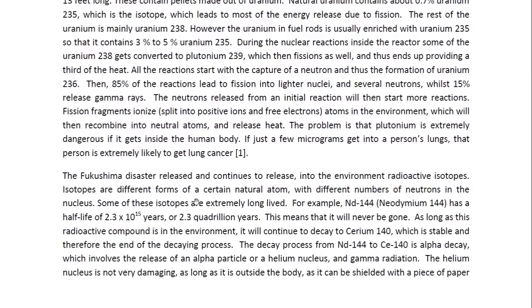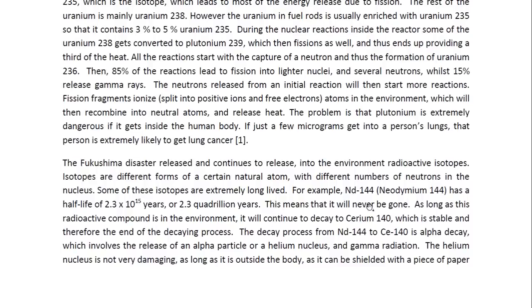And the Fukushima disaster released, and it continues to release, it is not contained, radioactive isotopes into the environment. And these isotopes are different forms of a certain natural atom with different numbers of neutrons in the nucleus. Some of these isotopes are extremely long-lived. For example,